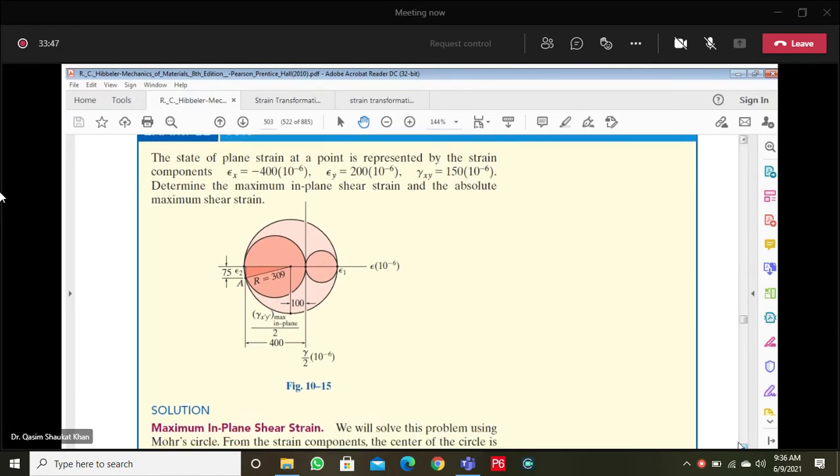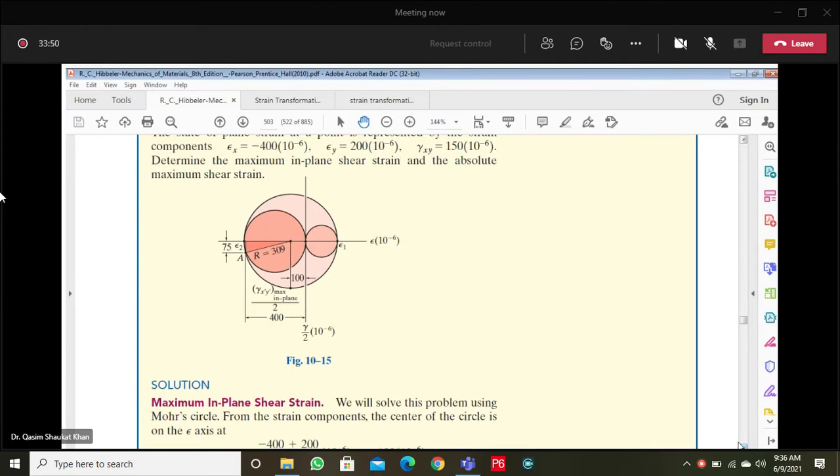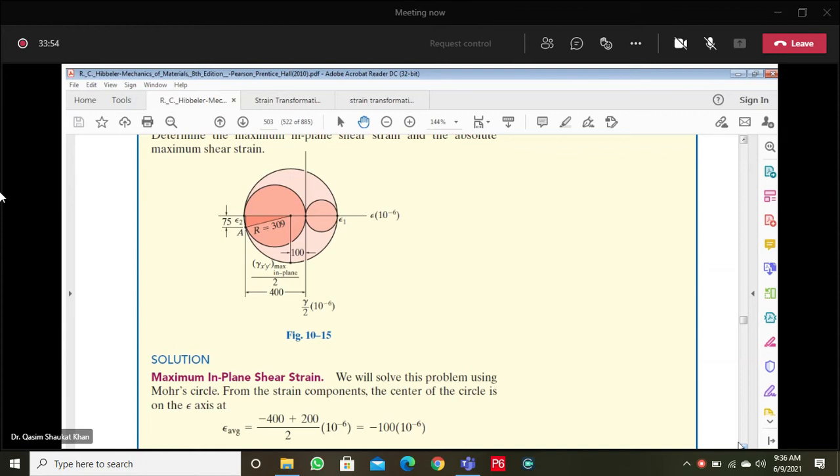So let's start. First step, you need to calculate the average normal strain. We will solve this problem using Mohr's circle, but we are going with both methods. So first, please calculate the average normal strain. Epsilon average is equal to epsilon x plus epsilon y over 2. Epsilon x is minus 400 microstrains and epsilon y is 200 microstrains. So average is minus 400 plus 200, which is minus 200, divided by 2, so minus 100 microstrains. So average strain is